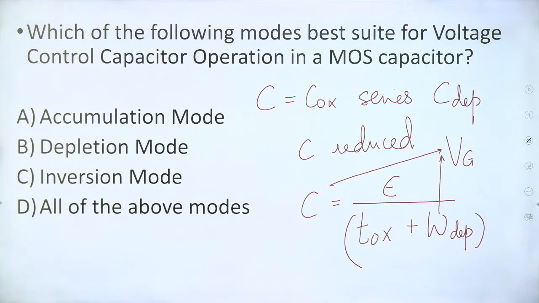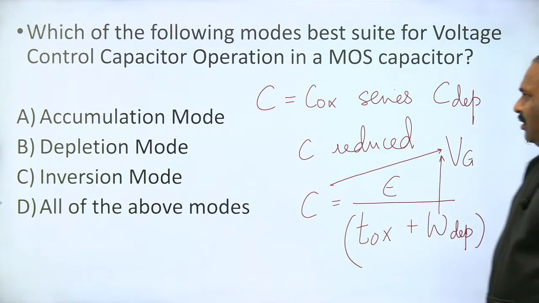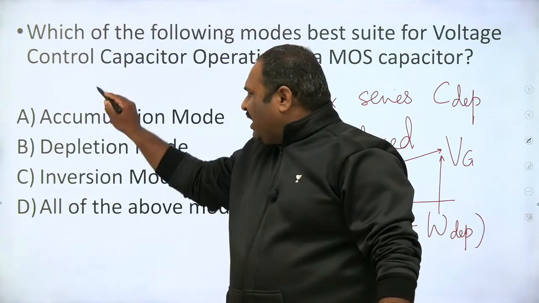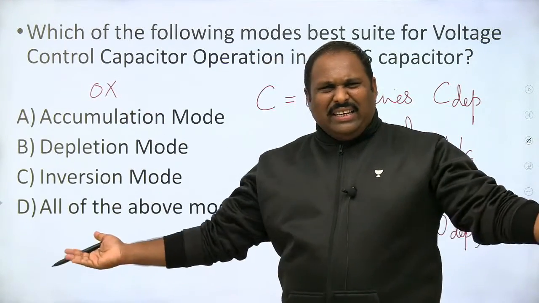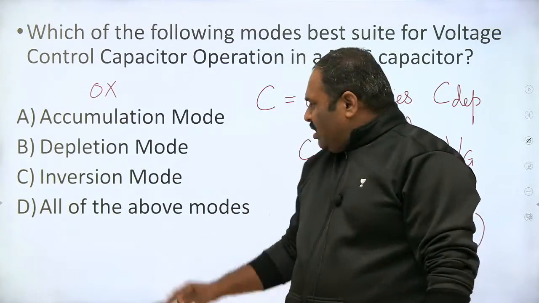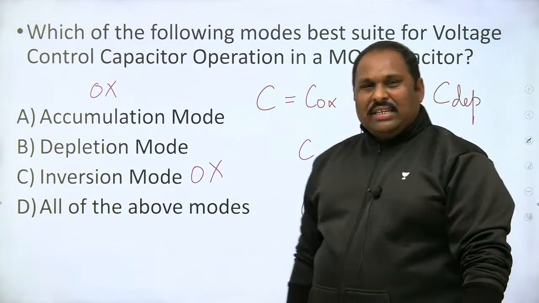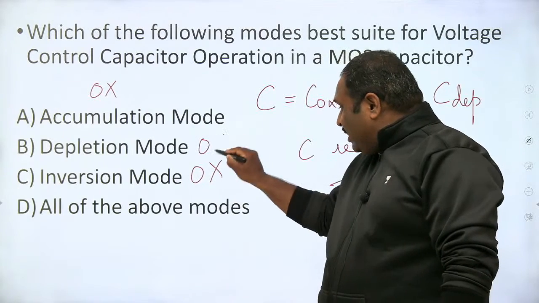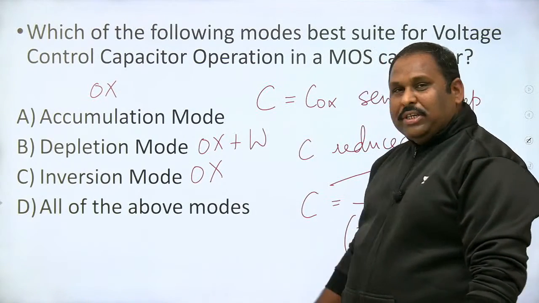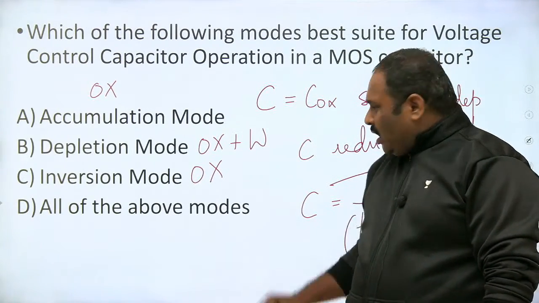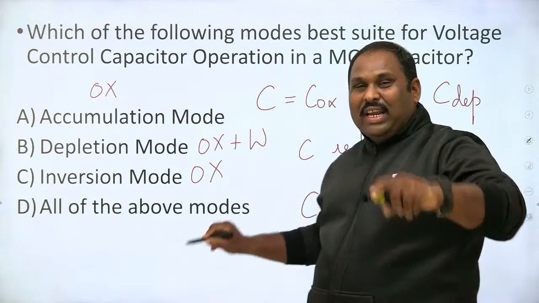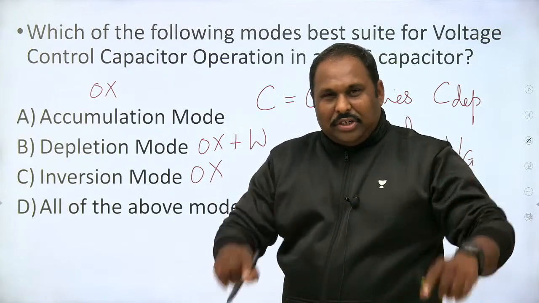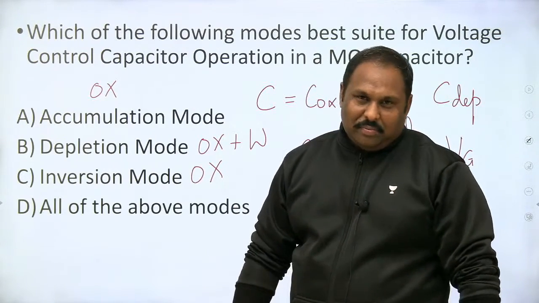So students, I want you to be very cautious कि accumulation mode में capacitance is only that of the oxide layer. ऑक्साइड लेयर का थिकनेस ही कंसीडर करना है. इन्वर्शन मोड में भी ऑक्साइड लेयर का ही थिकनेस कंसीडर करना है. डिप्लीशन मोड में ऑक्साइड लेयर का भी थिकनेस कंसीडर करना है, विड्थ ऑफ द डिप्लीशन रीजन भी कंसीडर करना है. और ये पॉइजॉन्स इक्वेशन से उसका डेरिवेशन जुड़ा हुआ है. That is what is crucial, the derivation. That's what makes it very interesting.